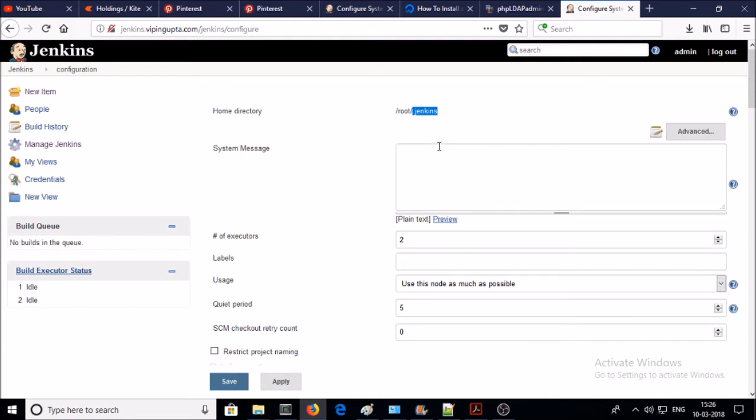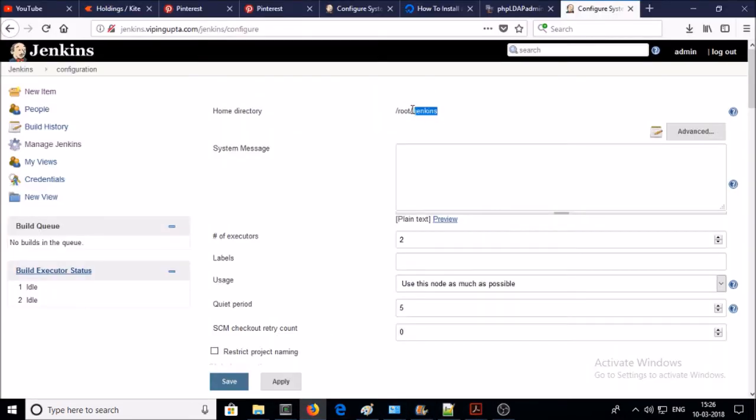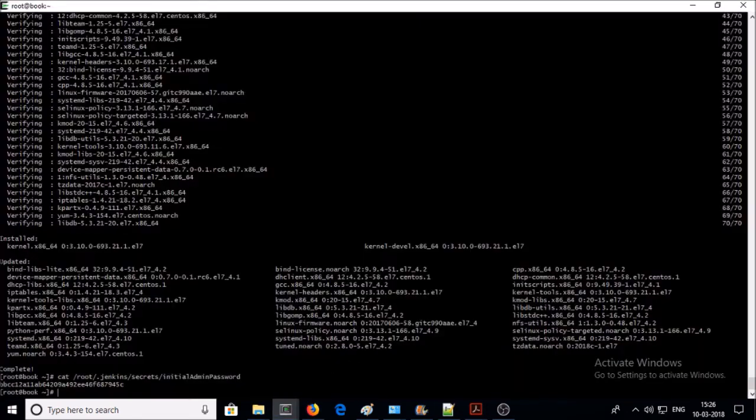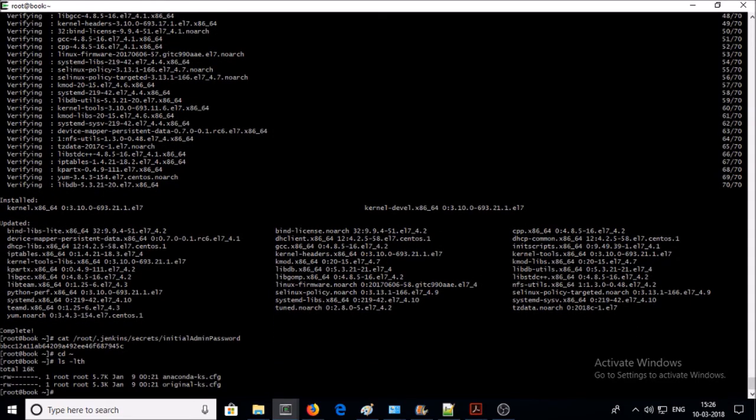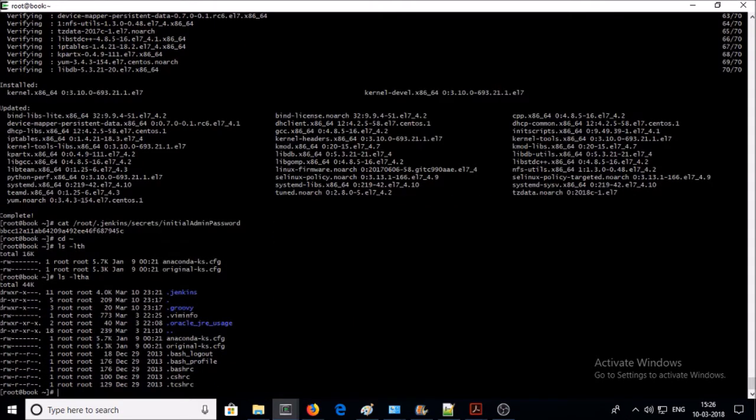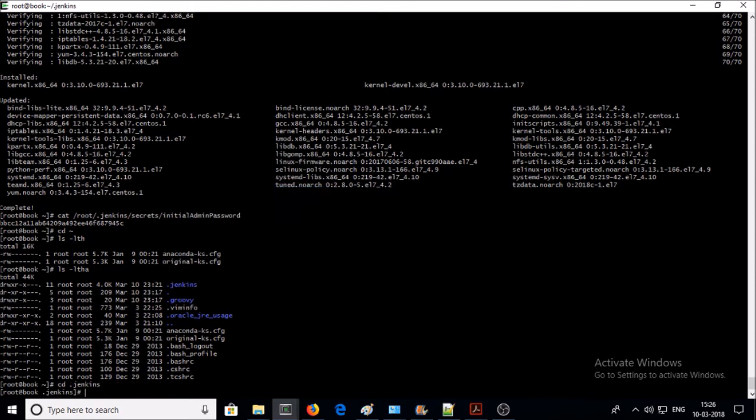Okay, so I'm connecting to my Tomcat machine where Jenkins is running. The default location of Jenkins is here. cd, and here ls -lth. So this is the folder for Jenkins, and if I go inside the Jenkins folder and run ls -lth,